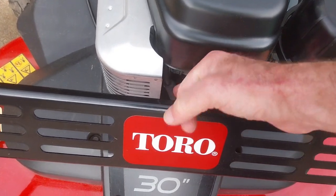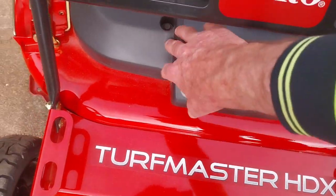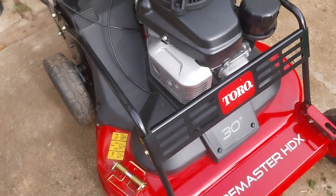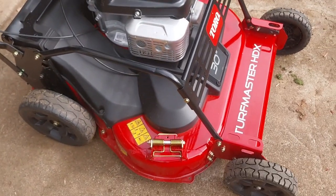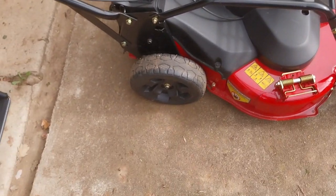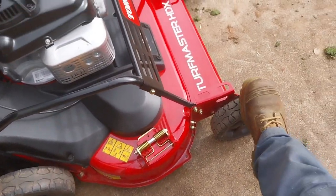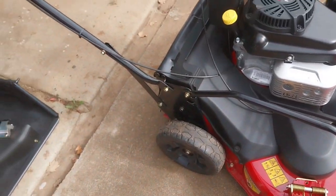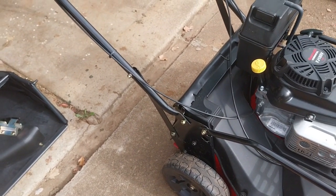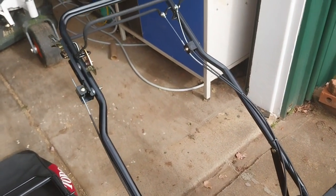See down here, hopefully, spark plug in here. Lot of covers. I've got to get in there and just have a look, see what is under there. Obviously there'll be belts and the like. Wheels are good and chunky, I like that, particularly on some of the blocks that I do. And then we've got an assortment of cables that are going up to